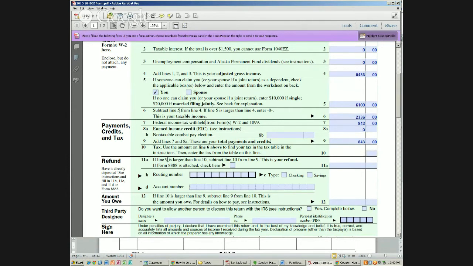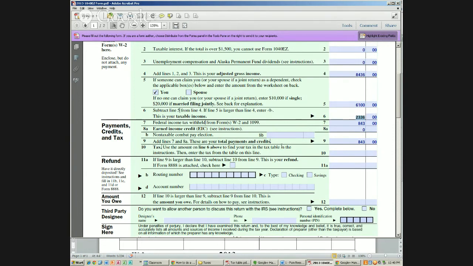All right, here we go. The next big part you're going to need to pay attention to. This is going to be your tax. So here's what happened. We earned this much in a year, the $8,436, right? Our employer took out $843 from our check to give to the government. So the government already has $843 of our money that we earned. But remember, the government doesn't think we made this much. The government only sees this amount.